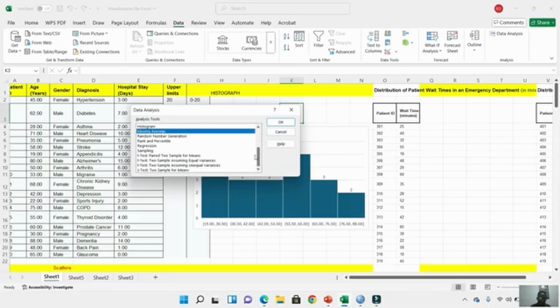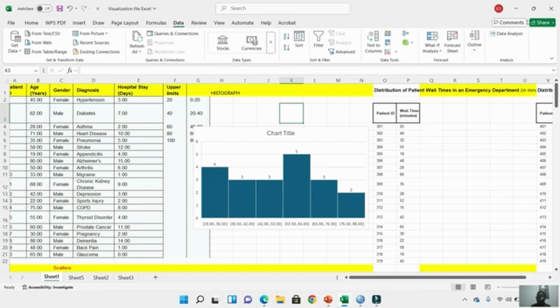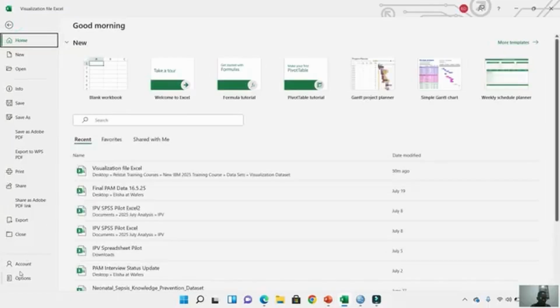You can draw your histogram, all those things. You can do a lot of that: analysis, regression, t-test, sampling, z-test. You can do all of this just by enabling the Analysis ToolPak. So we did not click on the Go button. That was why. So file, options,